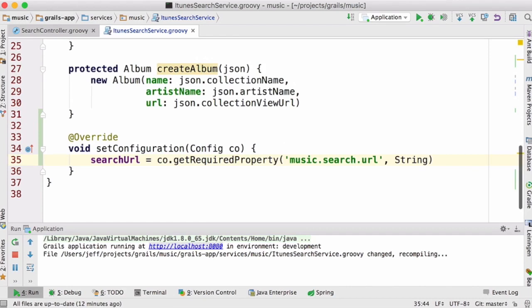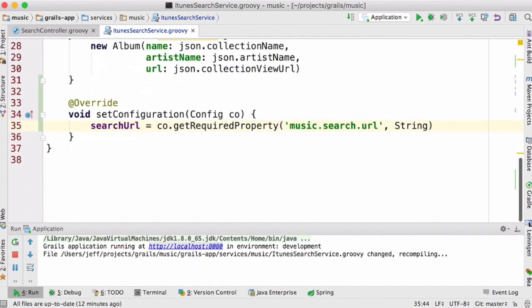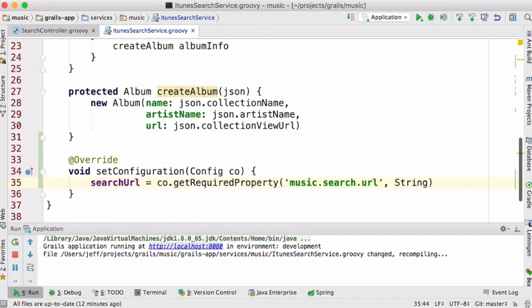One, all of the required property stuff that I just described, and also we're doing away with that dotted notation, and we're not retrieving the config value over and over again for each time we execute a search. But for this use case, we can improve on this still a little bit more,